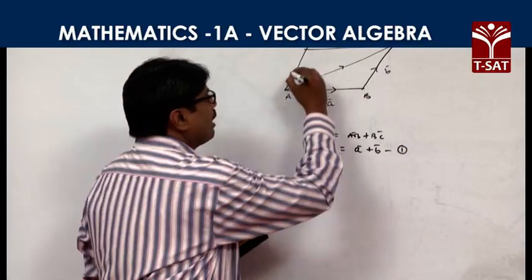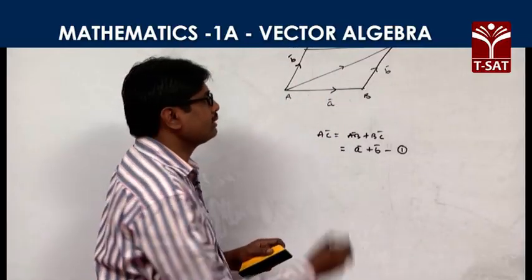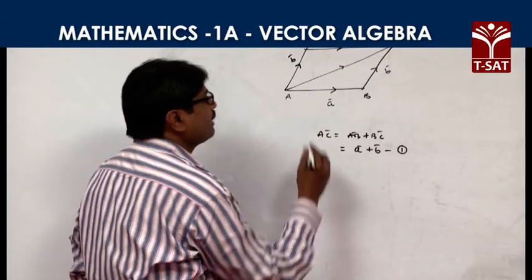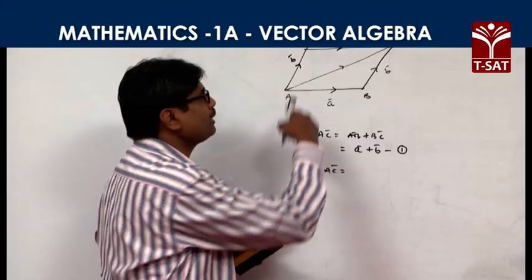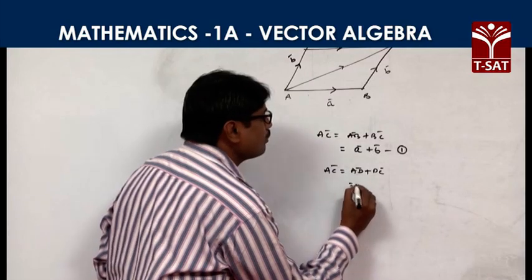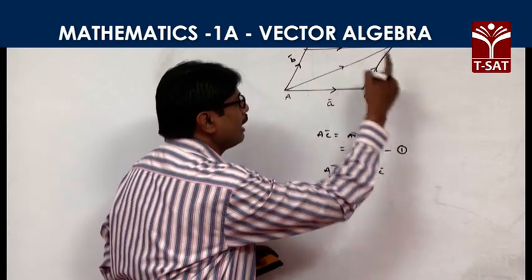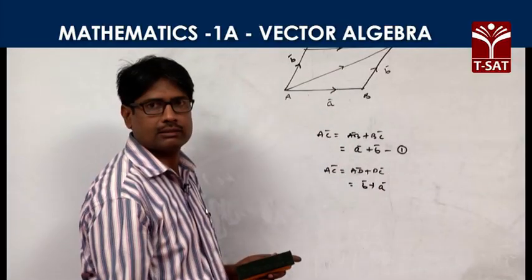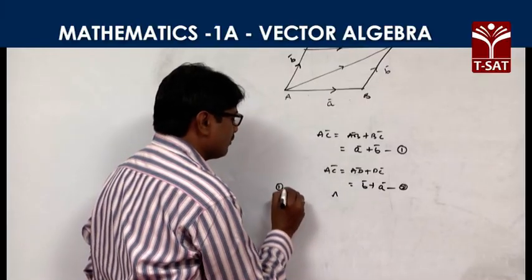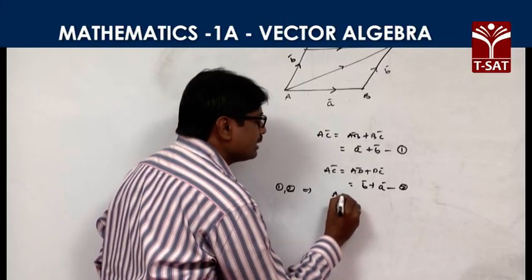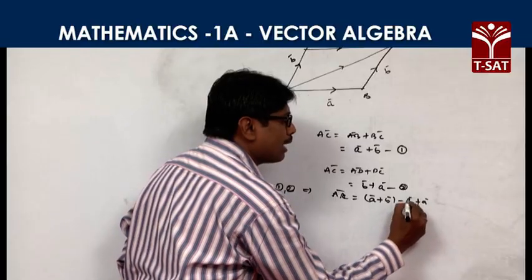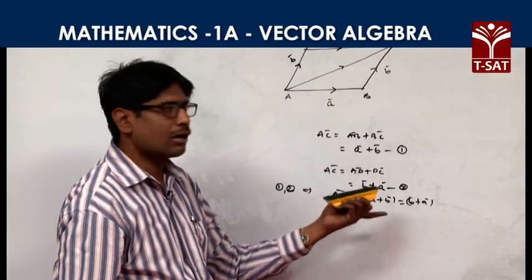Its equivalent BC bar, here B bar will be parallel in the same direction, and DC bar will be A bar. Now the vector AC bar can also be obtained by using AD bar plus DC bar. Here we notice that AD bar is nothing but B bar and DC bar is nothing but A bar in the same direction. So AC bar is B bar plus A bar, this will be the second equation. From the first and second equations, we clearly notice that AC bar is equal to A bar plus B bar and is equal to B bar plus A bar. So addition of vectors follows the commutative law.